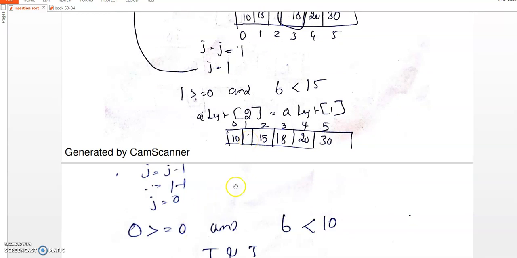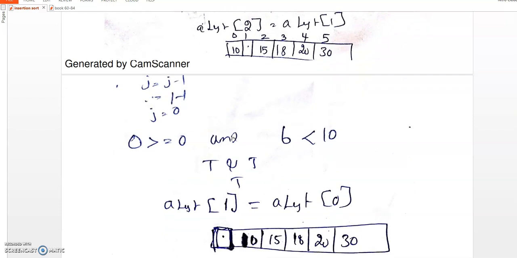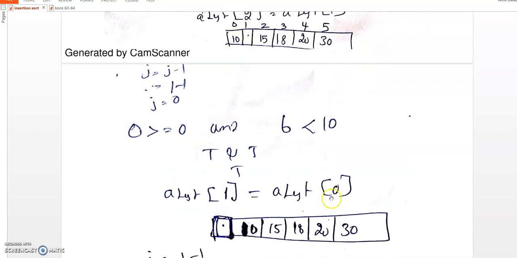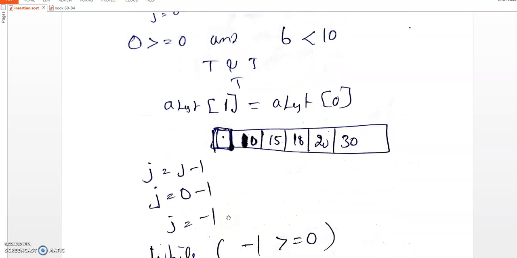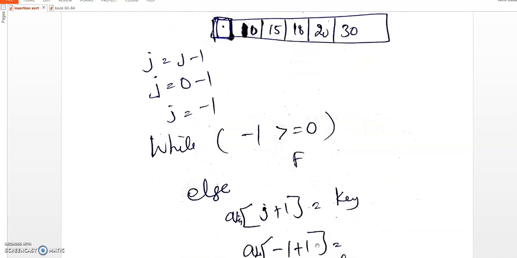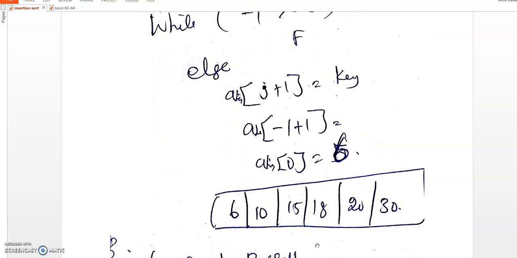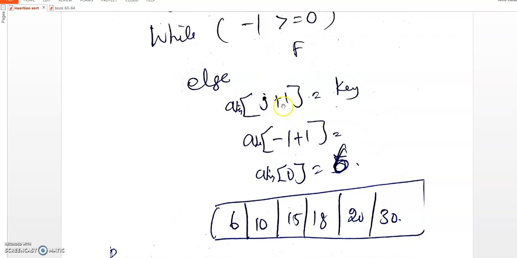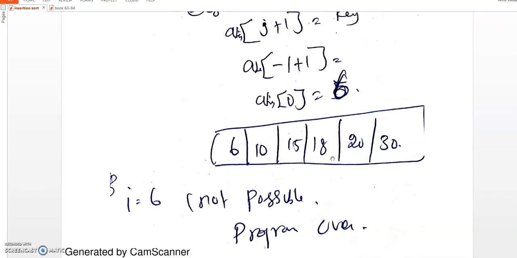0 greater than or equal to 0. So 6 is compared with the 10. Here also the condition is true. So the 10 is also swapped to the next position, and j becomes minus 1. So minus 1 greater than or equal to 0, no, it is false. So it won't execute the loop body. That means it has identified the location. So it will execute the else statement. In the else statement, the j value is already minus 1. It will be incremented by 1. So in the 0th position I am inserting the new value 6. Understand? This program works in this way.